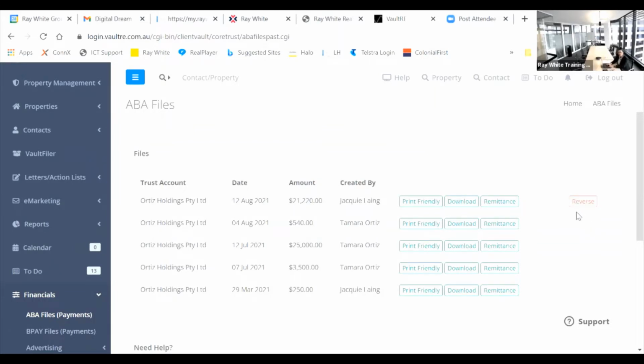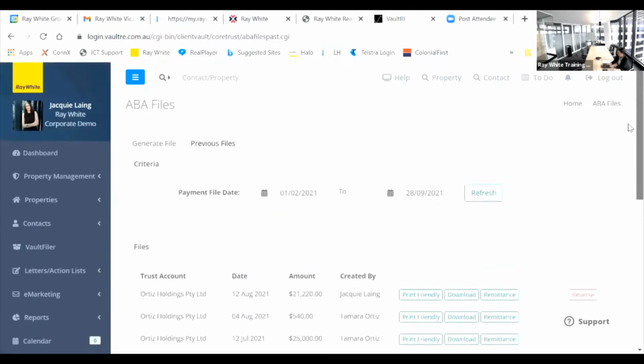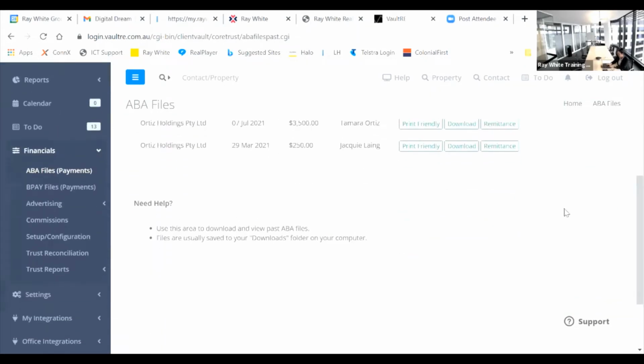So if for some reason you've created the ABA file and then you do need to reverse it, that is where that option lives, which we never had when we were in My Desktop. So it's very exciting to see that little option in there. Okay, so what I'm going to do now is come back into our setup configuration